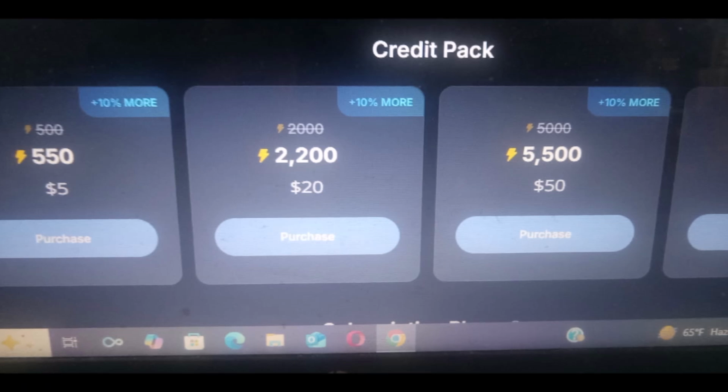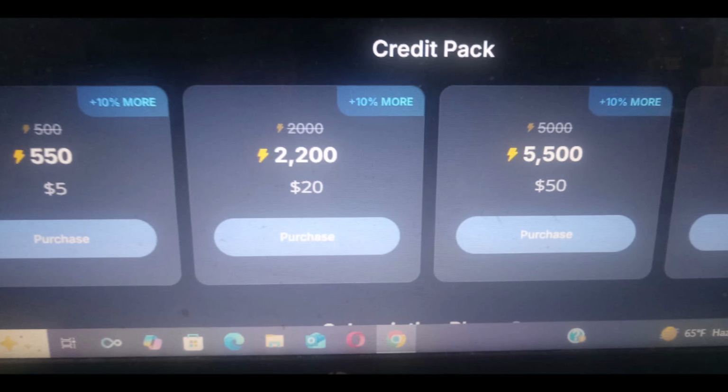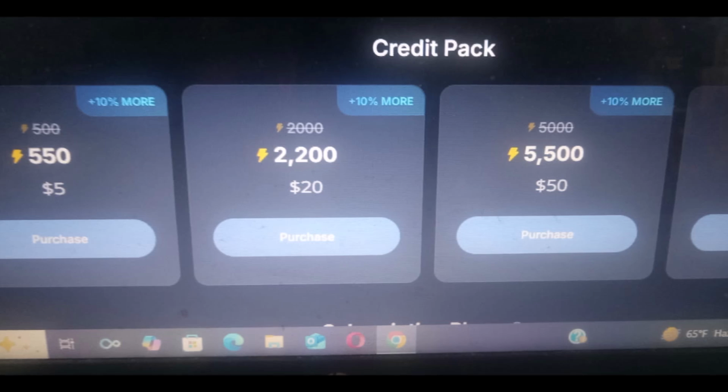Because as far as I know, they do not give you a limit to how far you can extend your video, whether it's image to video, reference to video, or text to video. They do not give you a limitation, as far as I know.